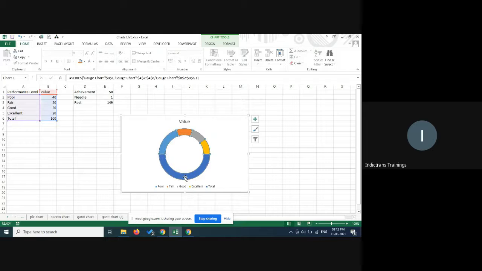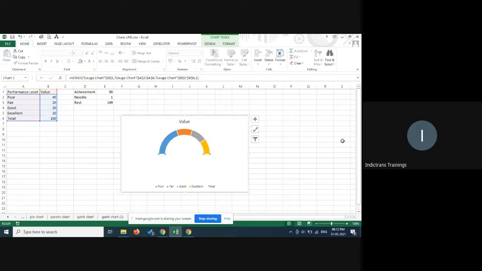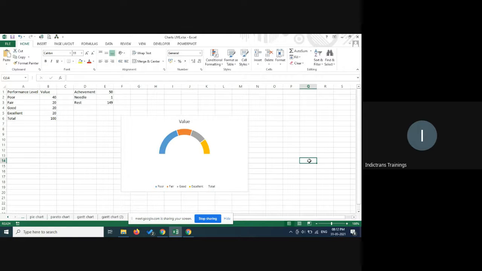Now I click on this and I click again. This is a technique that we have figured out, that now only one point is selected. I right click and I fill it, or I say no fill. So I guess now you recognize it. It's the scale that we have got, right? So this is the scale that we have got.